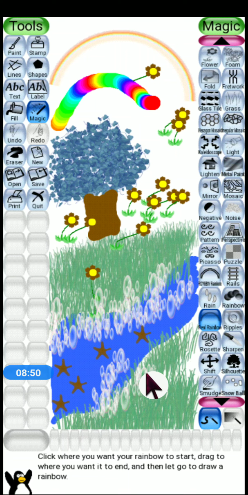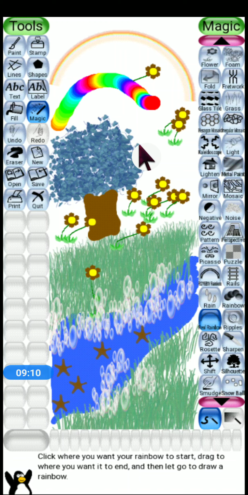It is not drawing the rainbow, but the real rainbow effect lets you draw a rainbow. See, this is the effect. You can see by yourself. This is the rainbow effect, this is the real rainbow effect. The real rainbow will let you draw a rainbow that you see in the sky after a rainfall.